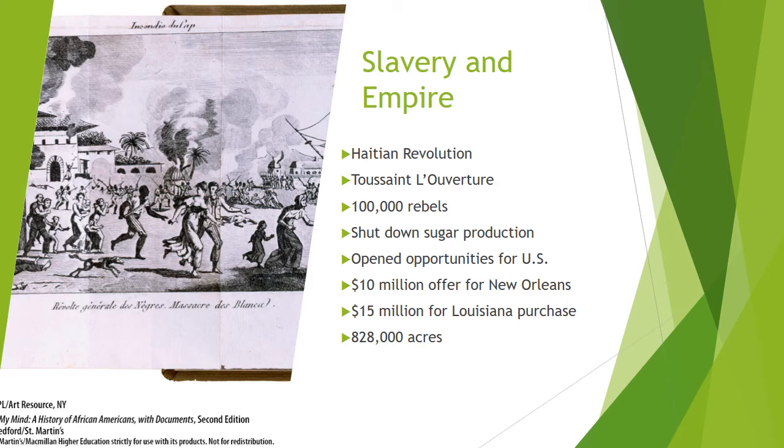President Thomas Jefferson sent James Monroe to France in 1802 to offer $10 million for the city of New Orleans and any holdings west of the Mississippi that the French were willing to sell. France made a counteroffer. How would you like to buy the entire Louisiana Purchase for $15 million? And so Jefferson decided to do this,